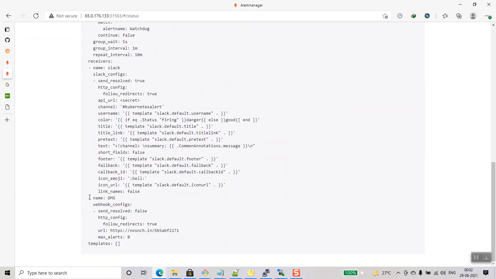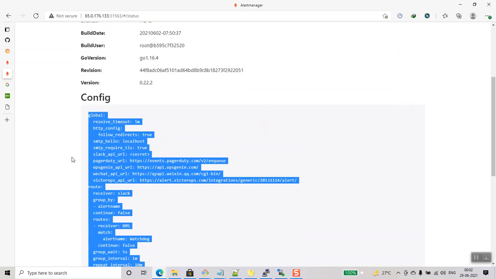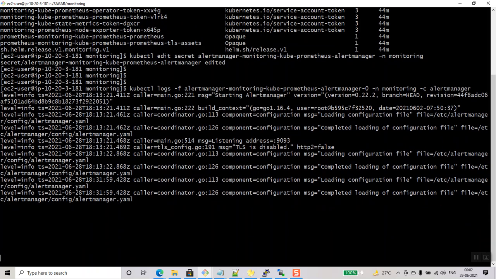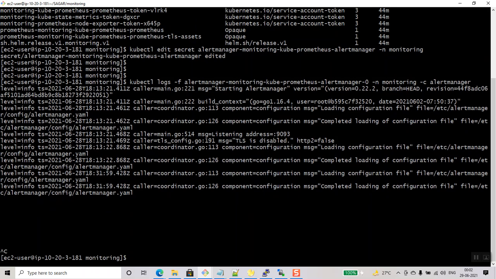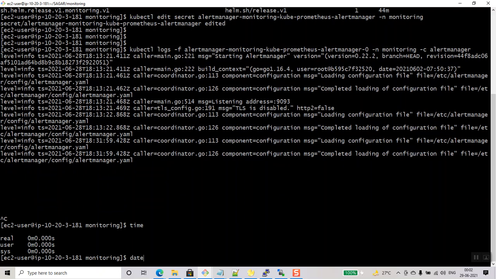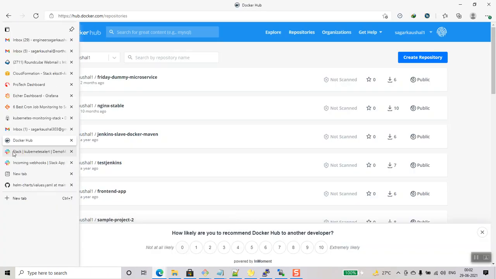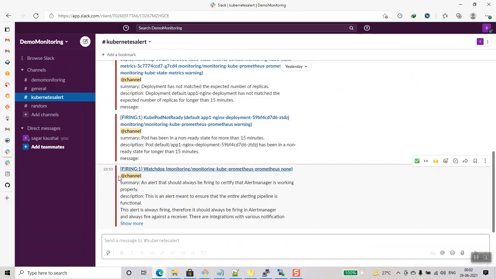Now it is updated. As you can see, we got DMS. So the Alertmanager config has updated, and if we check the logs again, yeah, it's 1831. It's in UTC, and if I run date, it's 1832. So this file has been updated, and now if we see our Slack channel, it is fired in